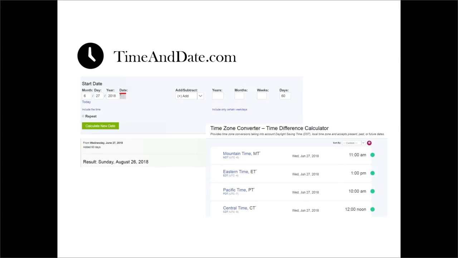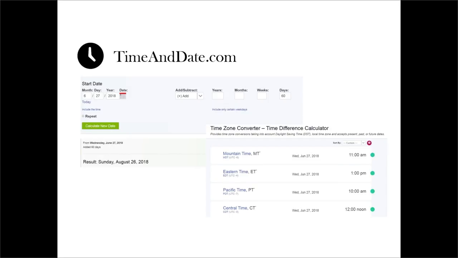I've been using timeanddate.com for a while, and so far it's the best that I've used. It's fun, clean, simple, and has a variety of calculators related to time and even distance. So it's useful when you need to count days, for example, for court deadlines or appeals. My favorites are the date calculator,